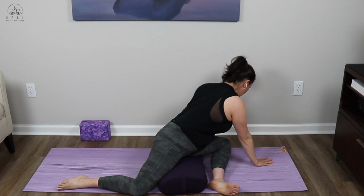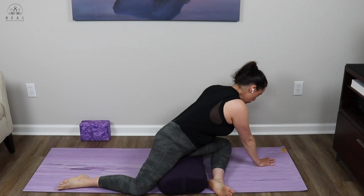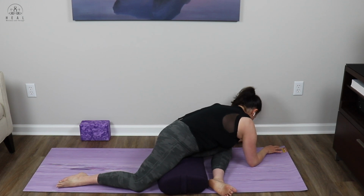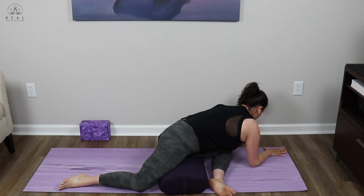Are you straddling your left knee right now? Is your rib cage and your chest midline with that knee? If so, you're in a good place. Sorry, my back is a little bit to you, but take a deep inhale here, lengthen through your spine. And as you exhale, if you've got it in you, forward bend down onto those elbows. If you want to go further, another deep inhale as you lengthen your spine, exhaling, dropping the head down